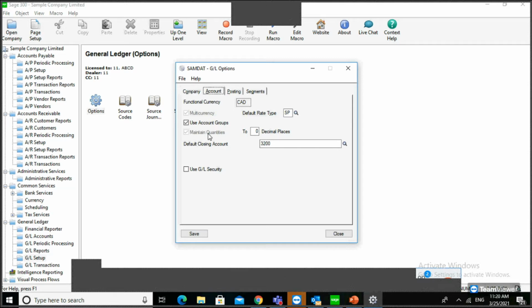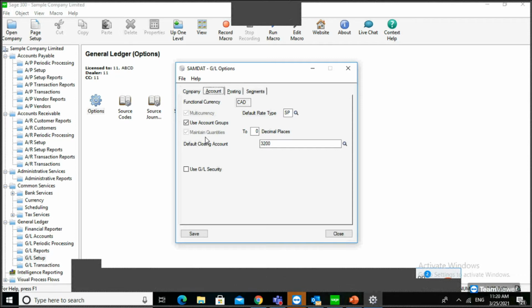Then here you can see maintain quantity. Some customers are using only the general ledger for recording purposes, and they are not using the inventory module. For that purpose, in the GL module, there is an option called maintain quantity. It is not actually maintaining the inventory.